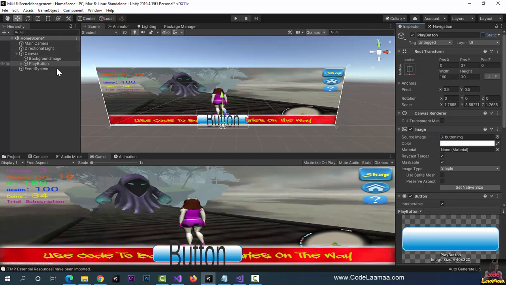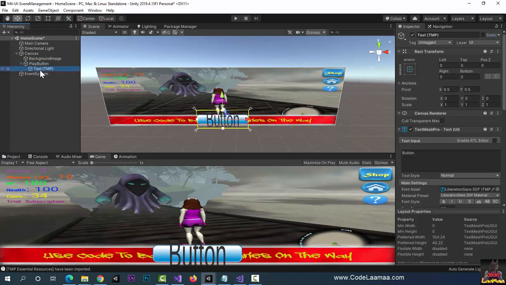Now, in order to modify the text, there's a little arrow next to play button. If I click on that arrow, drop it down, there's a text object associated with it. All right, now that text object I will play with. Let's see if I can scale this down. That's much better. All right, so that looks a lot better. All right, so now I have my text here, but